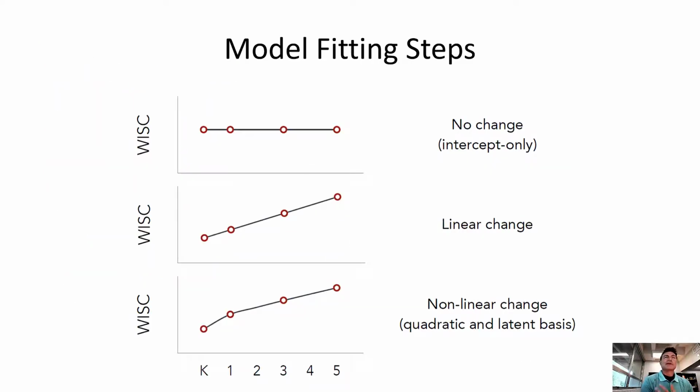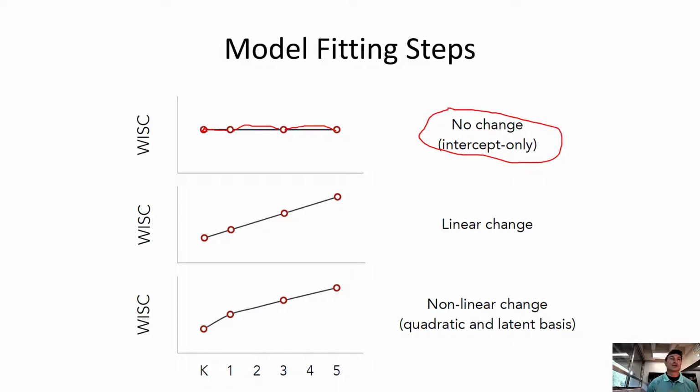So when we go through latent growth curve modeling, we're going to go through a few steps because, again, whenever we're in structural equation modeling, we need models to compare it to. So the first step, we're going to just say there's no change. We're going to say that the WISC for everybody, no, it's not changing. It's a flat line over time. So there's no change. This is the model we set up to knock down. This is our comparison model. It's probably not going to be the best model. We're using this as our sort of null hypothesis. We're going to knock this down.